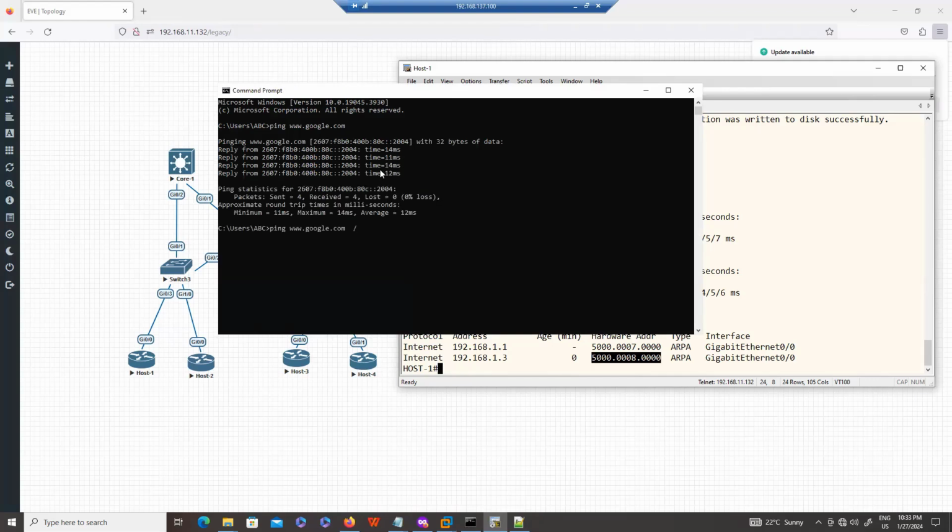So here, guys, you need to focus not only on routers, switches, and firewalls, but you also need to know the basic commands of end machines, like Windows, Linux, or Apple. On this Windows machine, how to do ping, how to check the ARP table, how to check the routing table, definitely, guys, we will cover that.